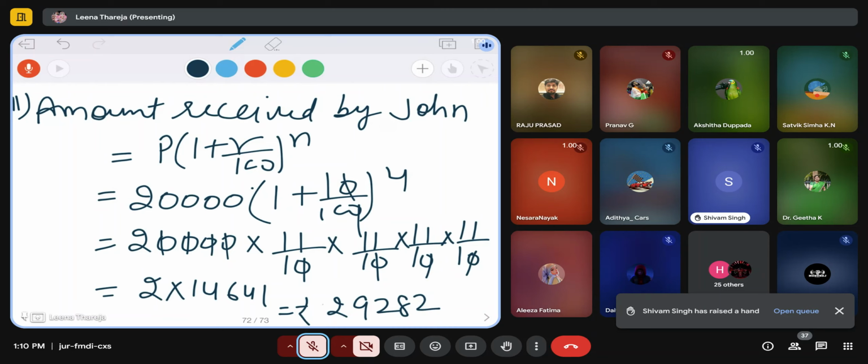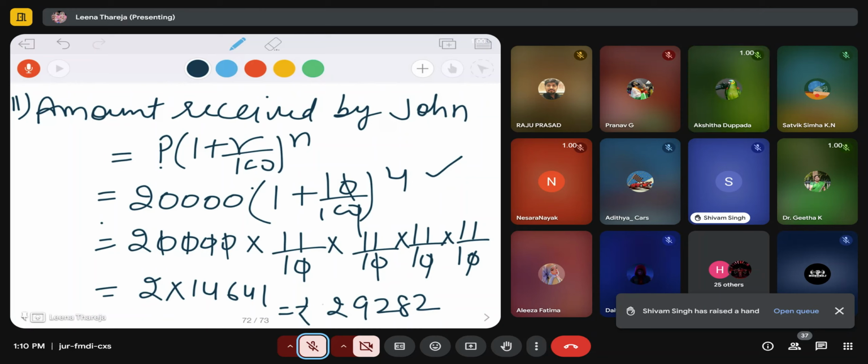Now they are at 12 years. After 4 years only they will be 16 years. So that is why I have to take 4 years, right? Yes, ma'am. And principal means the money which they are dividing among themselves, where we have calculated and got 20,000. John got 20,000 out of 44,200. That is why we have taken 20,000, the money which he has received. Okay, ma'am. Thank you, ma'am.